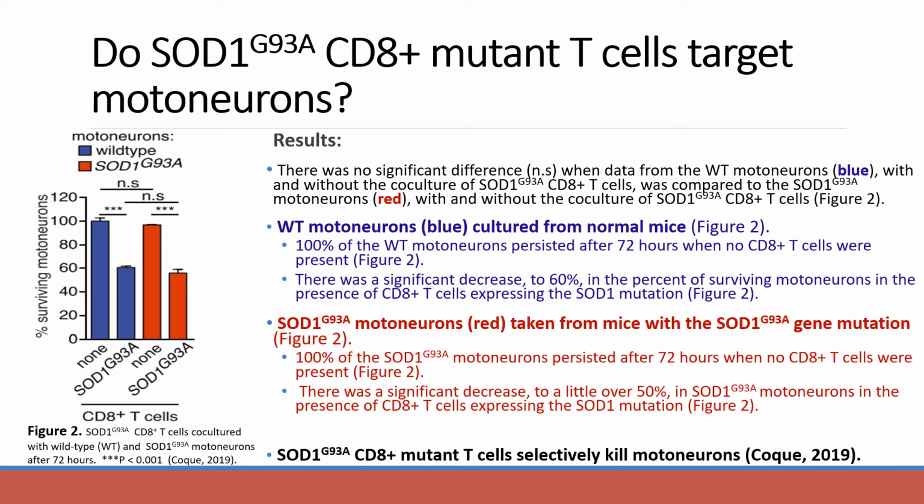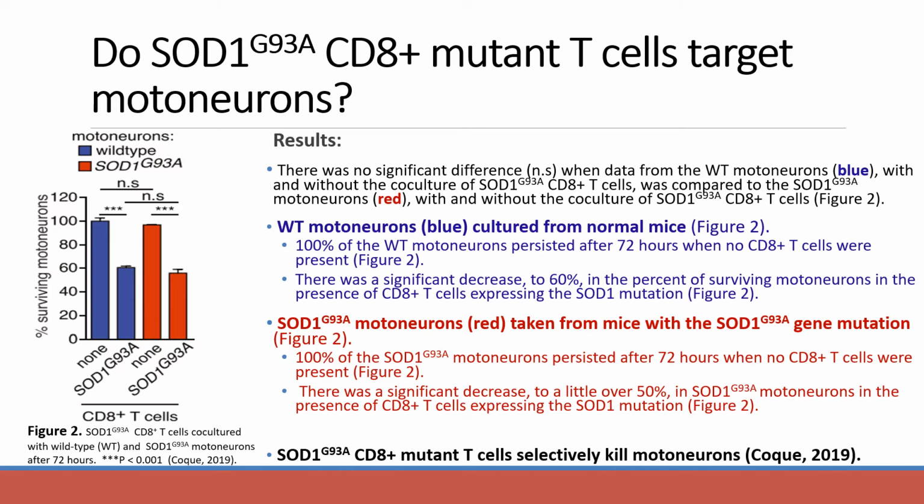One of the first questions they asked was, do SOD1 G93A mutant CD8 T cells target motor neurons? When you look to the left at the graph, the y-axis is the percent of surviving motor neurons, and the x-axis is CD8 T cells, whether they're present, which is the mutated one, or none, meaning none were present at all. So this graph depicts SOD1 mutant CD8 T cells co-cultured with wild type and mutant motor neurons